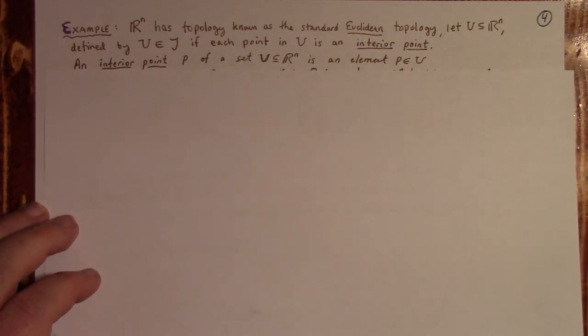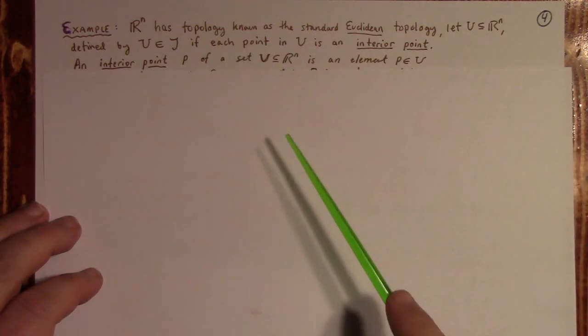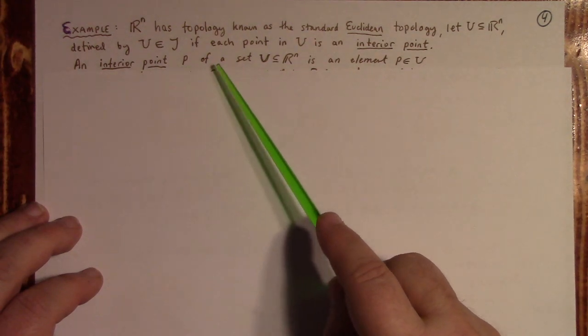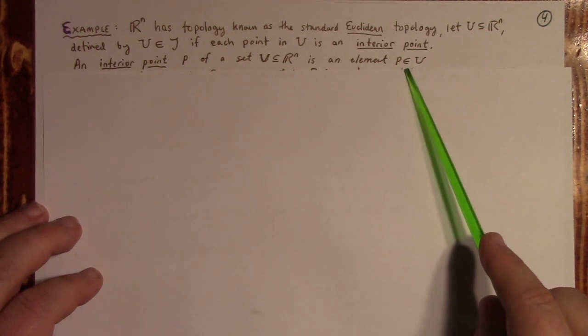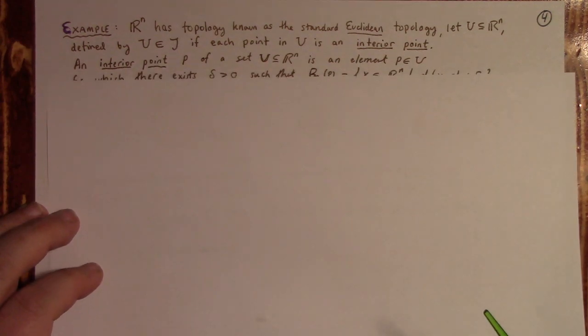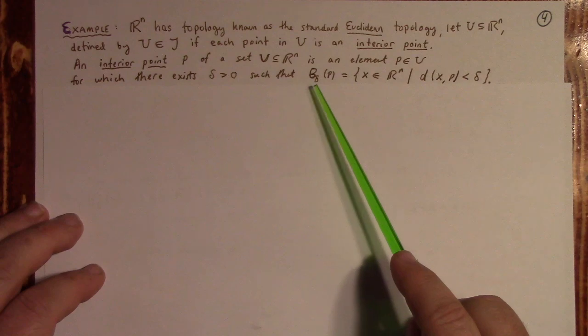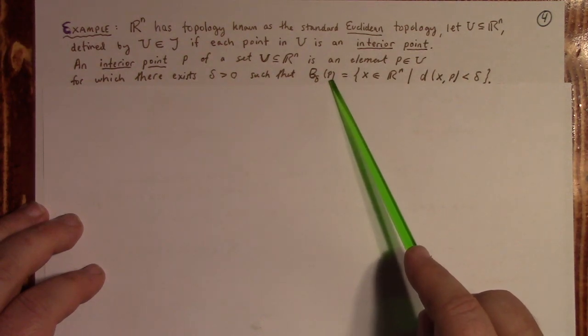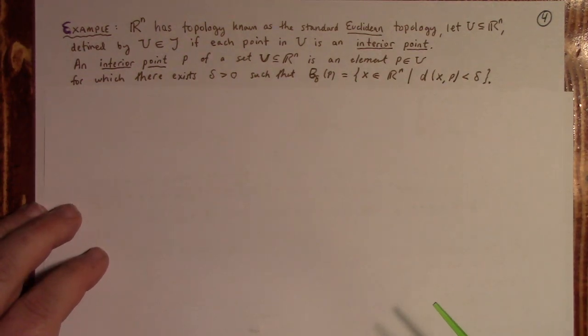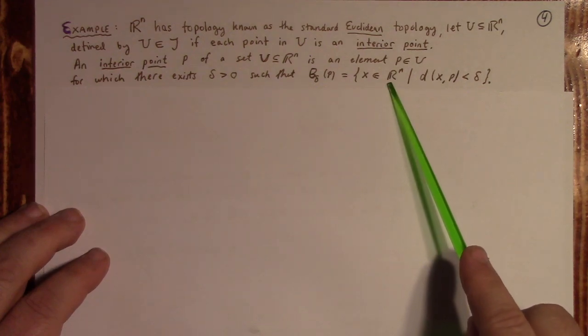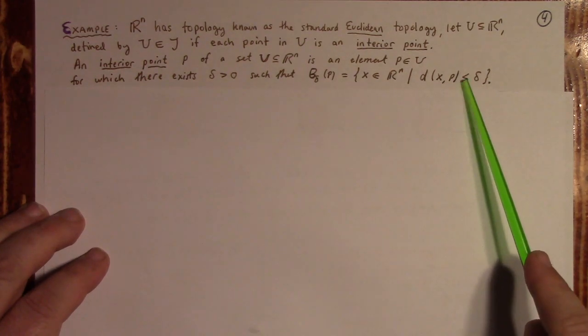Well, what's an interior point? An interior point P of a subset U of Rn is an element P in U for which there exists a delta greater than 0 such that the ball of radius delta centered at P, which is to say the set of x in Rn such that the distance from x to P is less than delta,